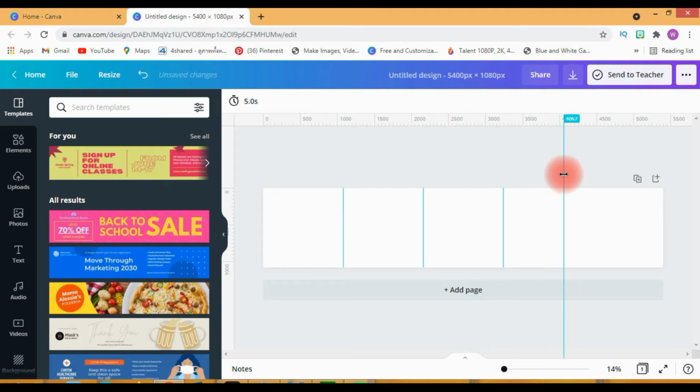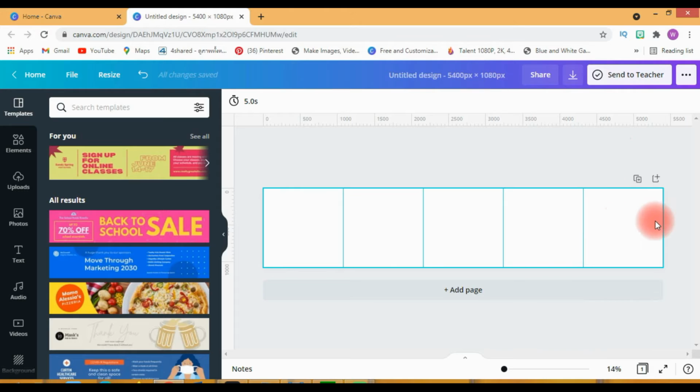Drag to 4320, and the next will automatically be 5400. No need to set it.